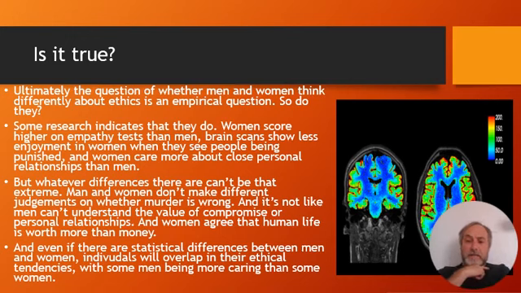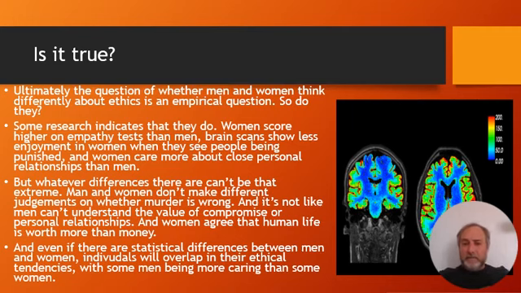It's a ripe area for study if you want to. Again, it's not too late to change a paper topic if all of a sudden you think, oh, this is very interesting to me, and now I have a great idea. Yeah, go for it. There's lots of territory there for empirical research. But we should also say, even if there are genuine differences, there's a limit to how extreme they must be.